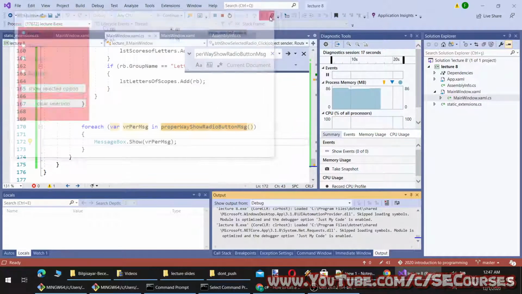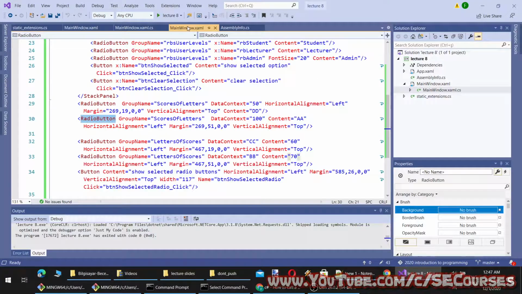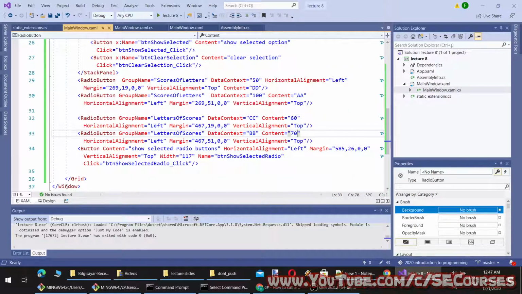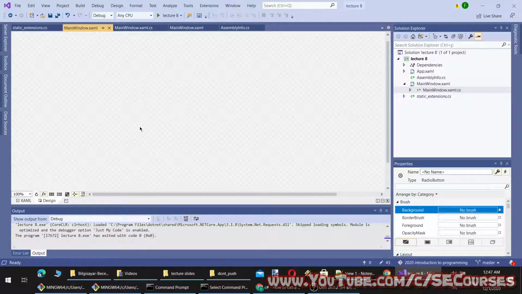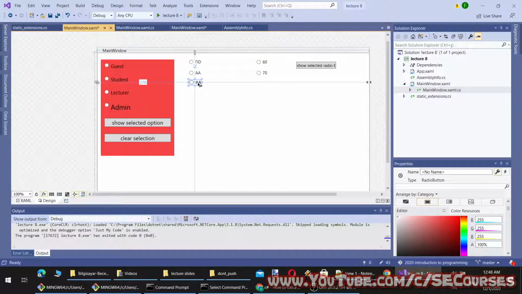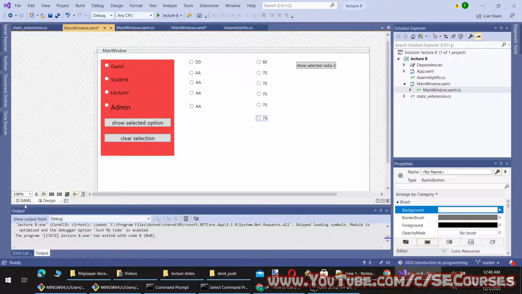And the good thing is I can add many other radio buttons like this. Let me show you. So let's copy and paste them. Okay, I have copied and pasted it. And I don't need to change anything. I can copy and paste as many buttons as I want. And I only need to modify the related values in the XML code here.